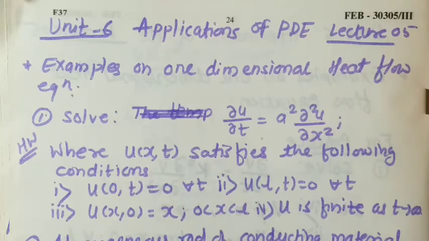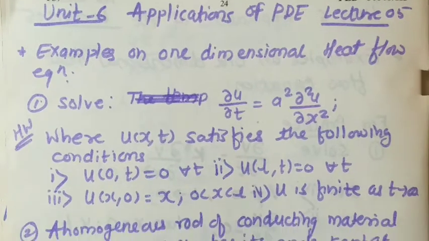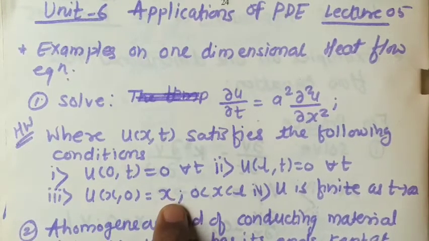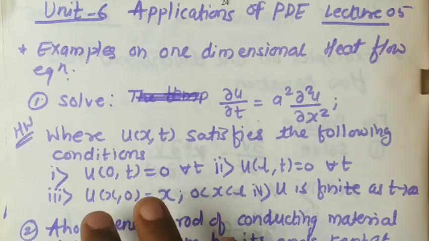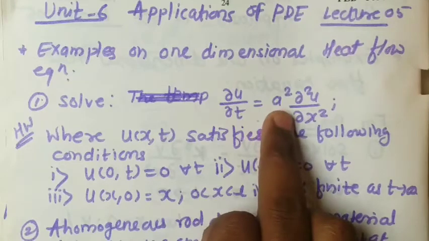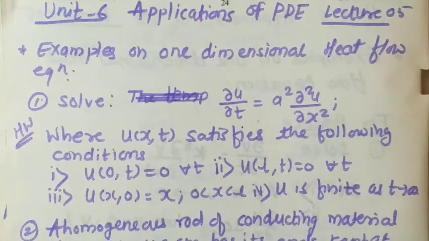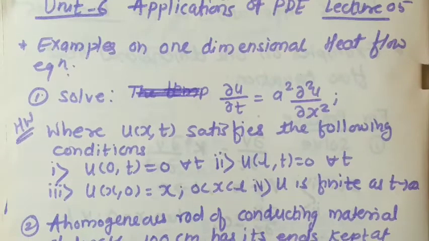One problem of this type I have already solved, so this problem I am going to leave for you as practice. A similar problem we did in the previous video; only the function here is x, while there we had a different function. Only the function of x changes, which means only your calculation of bn will change. Up to that, everything is similar, and the value of c² in the first problem we took as 1, whereas here we have to take a². That change you need to understand; the rest of the calculations are similar.